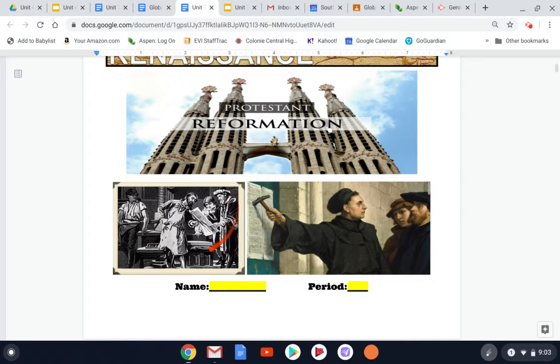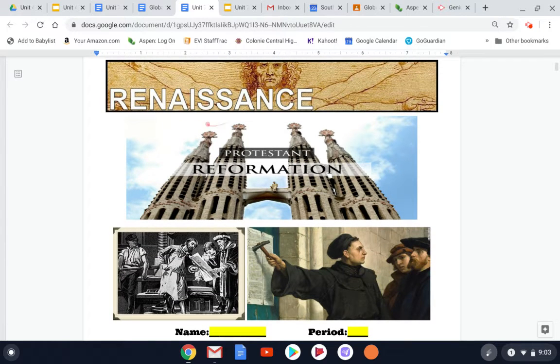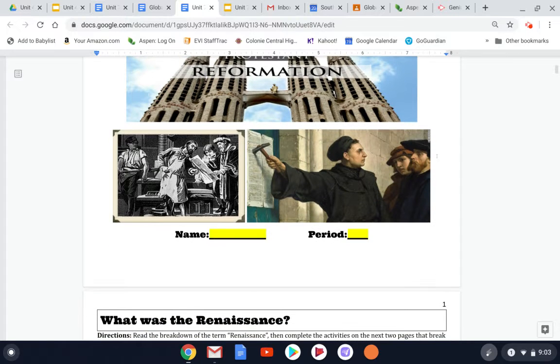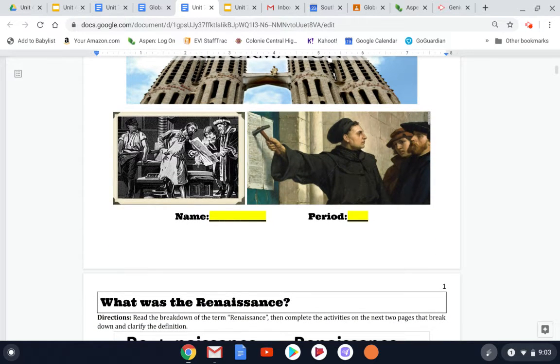We will also see a major invention, what I probably consider one of the most epic and important inventions of all time, the printing press, and how that spurs and helps spread a lot of the ideas and concepts that are happening during these time periods of the Renaissance and Reformation. We will also see a couple of key people, especially this fellow here. We'll see who he is and what he is doing, nailing documents to the door that everybody needs to pay attention to. So before we go away from this cover page, please take a second to type in your name and your class period.